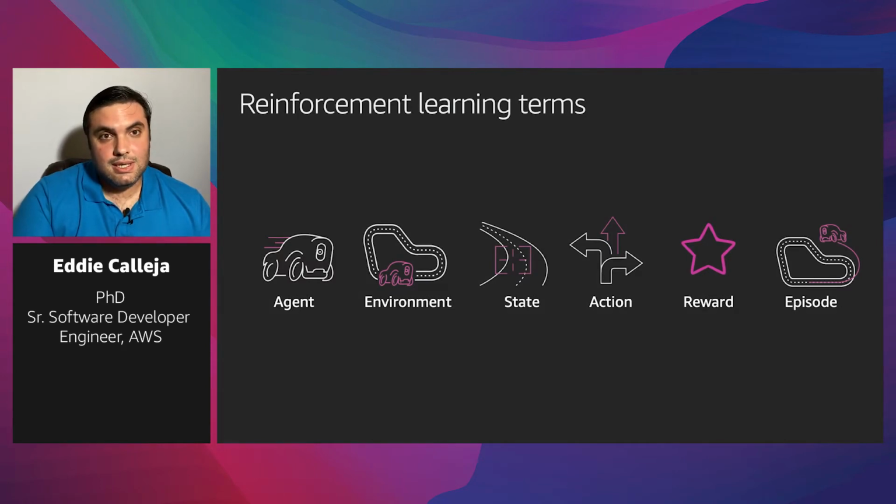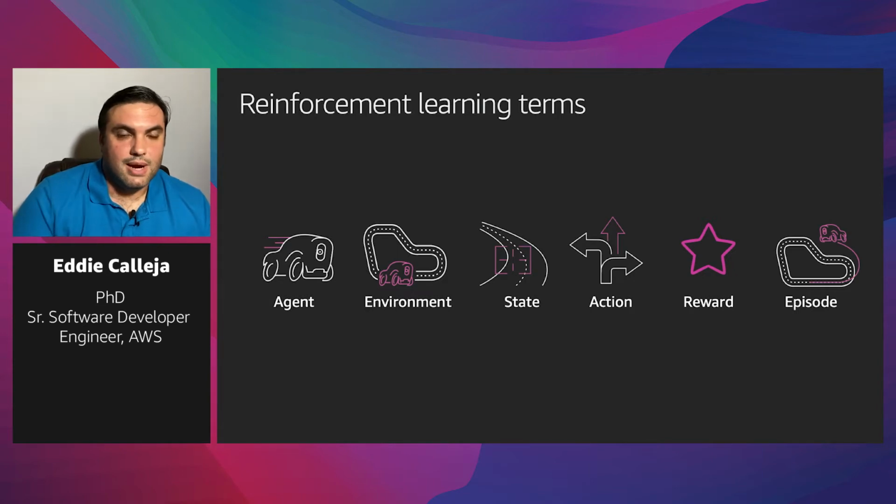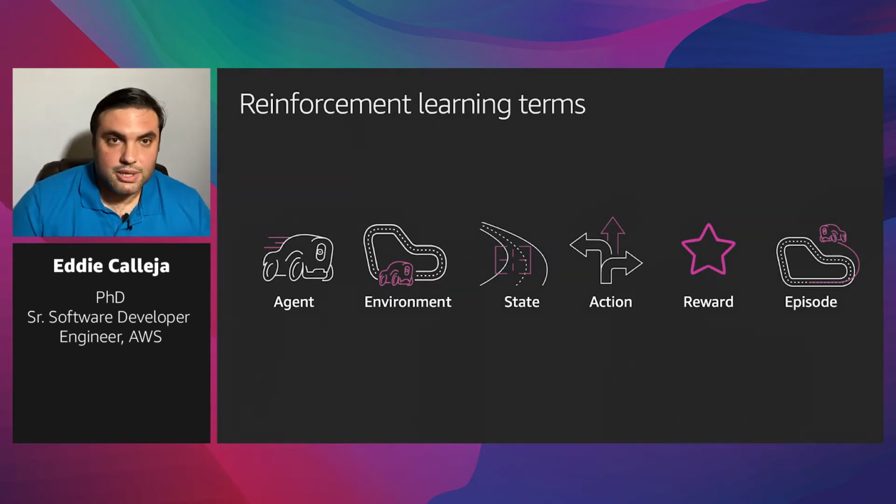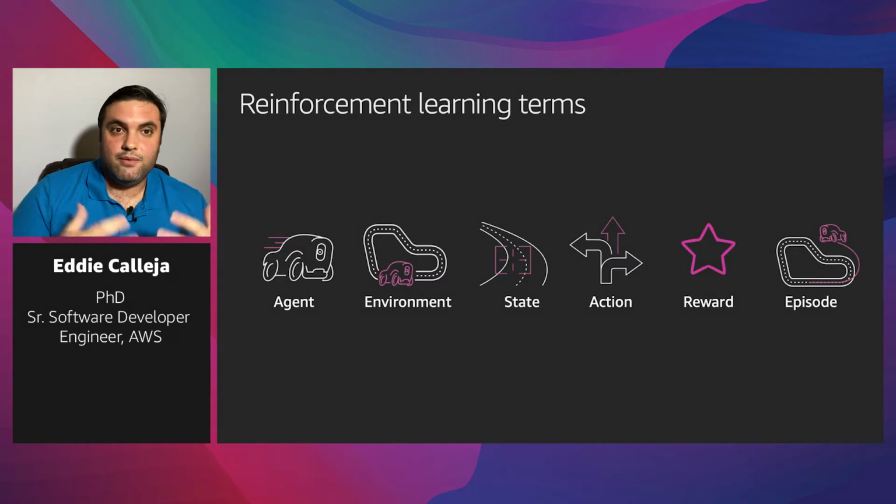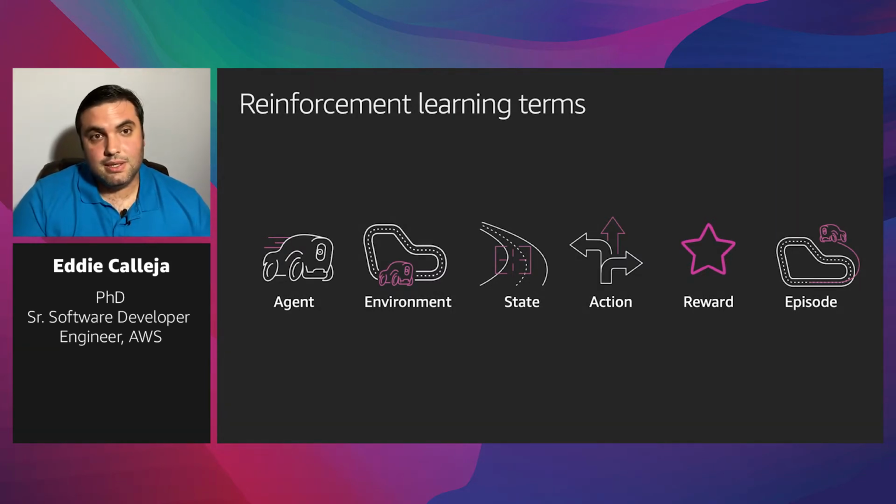So the agent is going to make decisions based on observations, which we're going to talk about in a second, and those decisions are going to be based on the reinforcement learning model. Now, an agent interacts with an environment, and in this case, it's the track. But the environment is sort of where the agent lives, so where it moves around. So our environment, maybe our office or backyard or something if we were reinforcement learning agents, which we are not. But for the car, the environment is the track. So we have the car as the agent, the environment's the track.